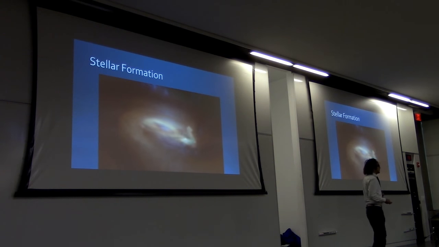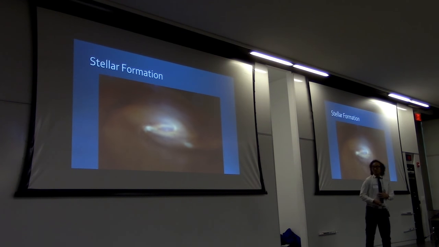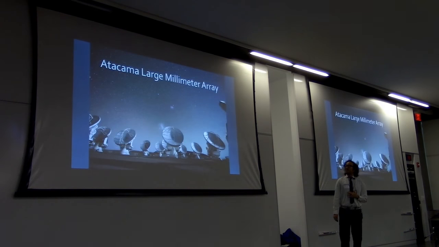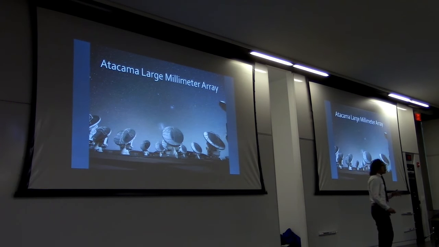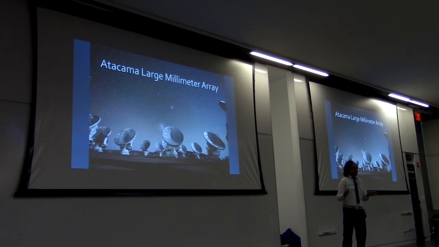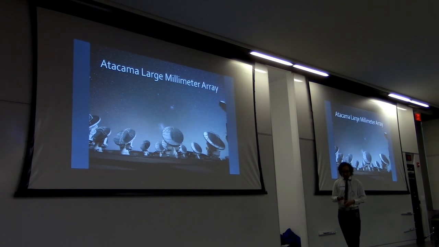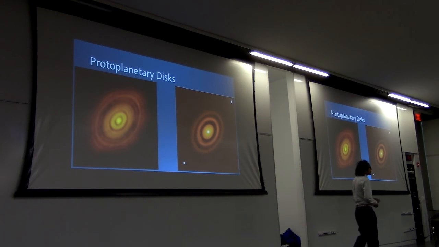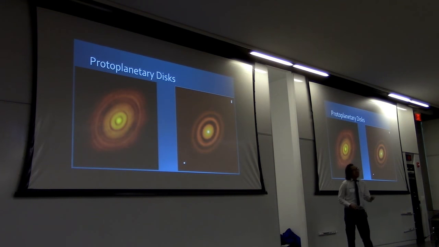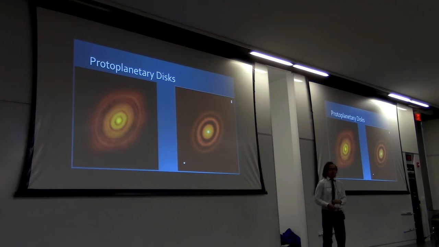So how do we go about actually trying to observe this? Well, that is where my group comes in. We use the Atacama Large Millimeter Array, a radio telescope located in Chile. It has 66 dishes the size of houses that all work together and point at a single object in the night sky, and it takes a picture of it. So what kind of pictures do we get? Well, something like this. These are real scientific images of these protoplanetary disks that I mentioned before.